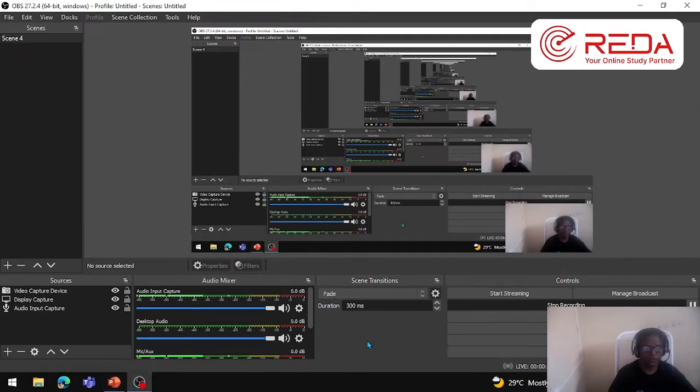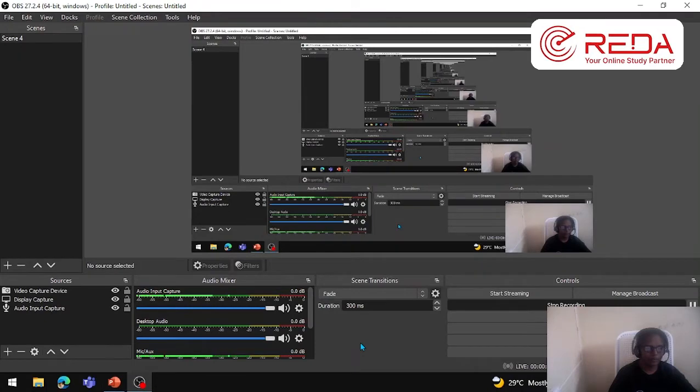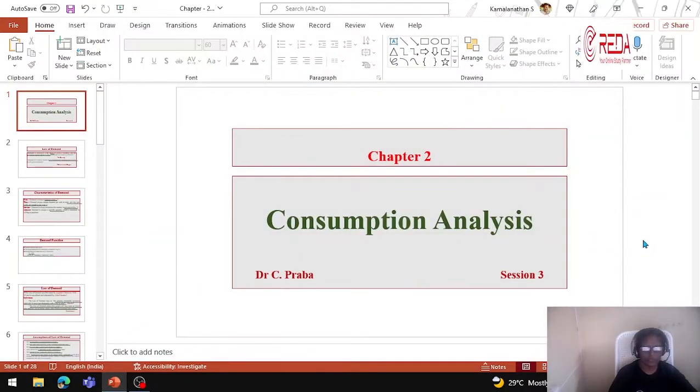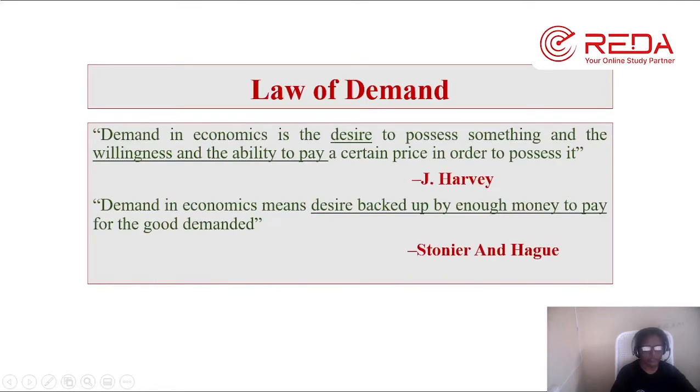Today I am going to start with a new concept, demand and the law of demand, in chapter 2, and this will be session 3 for you under consumption analysis. It's a very interesting topic, that is demand. Before going into the law of demand, we'll see what demand is, as framed by the economists. Demand is nothing but the willingness, or we can call it the desire, to purchase